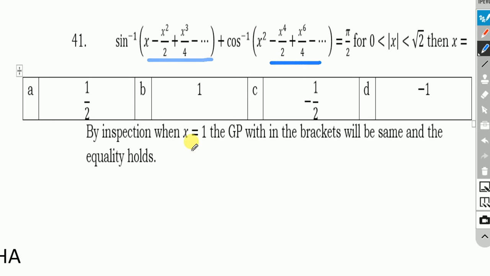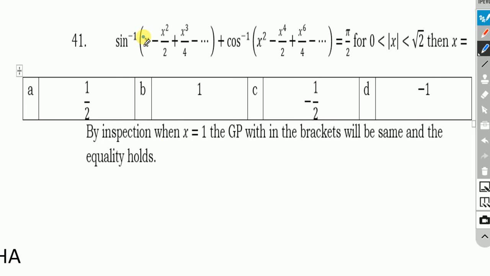So we can leisurely verify that if you give 1 by 2 here, it will be 1 by 2. Here it will be 1 by 2 square, that is 1 by 8. Here this will be 1 by 4. So the first term itself is not equal, and the second term will be 1 by 2 to the power of 4, is 1 by 16, by 2 is 1 by 8, 1 by 32. So this will not be equal for 1 by 2. Similarly, this will not be equal for minus 1 by 2. Similarly, not for minus 1 also, because when x equals minus 1, here I will get minus 1, whereas I will get plus 1 here.